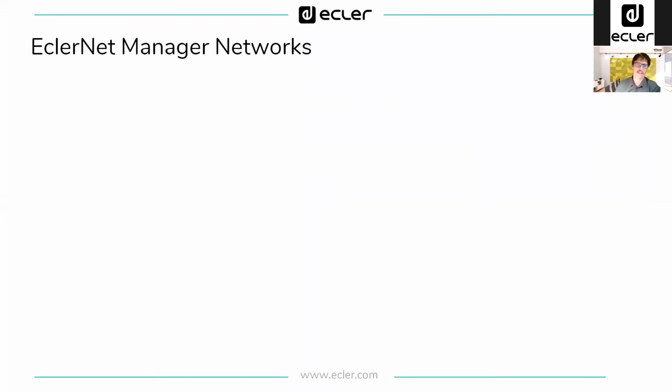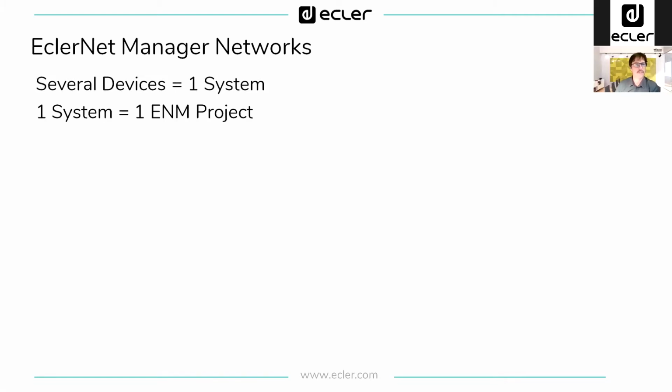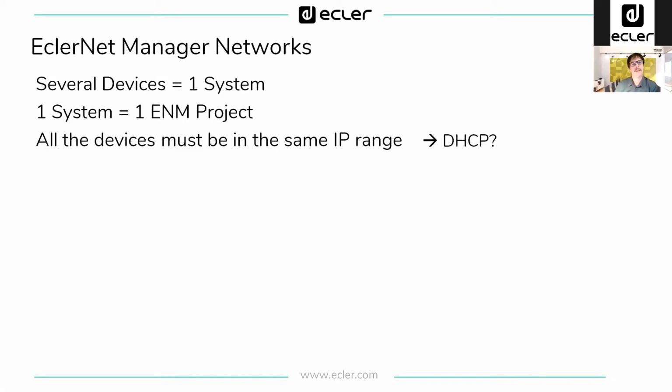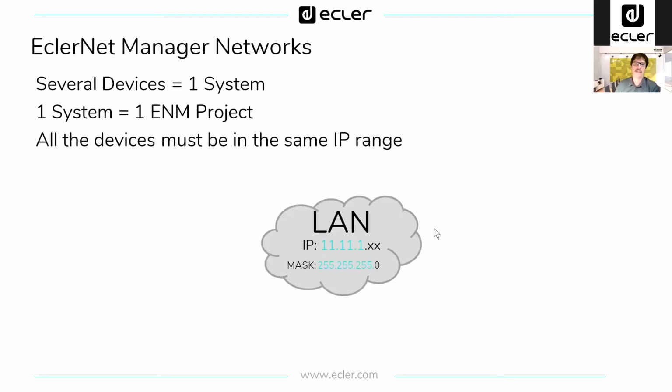We can look at an example here. So several devices, it's just one system. One system is one EclerNet Manager project. All the devices must be in the same range. No DHCP supported. So we've got a network which has this range, 11.11.1, okay? These are the fixed numbers we need to introduce to our devices so they can see